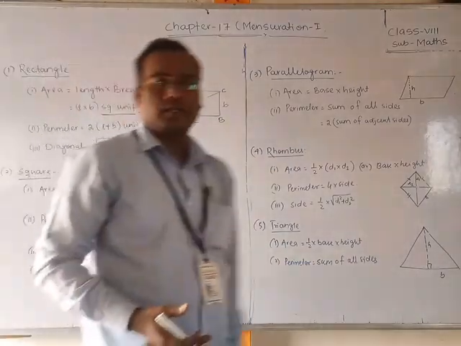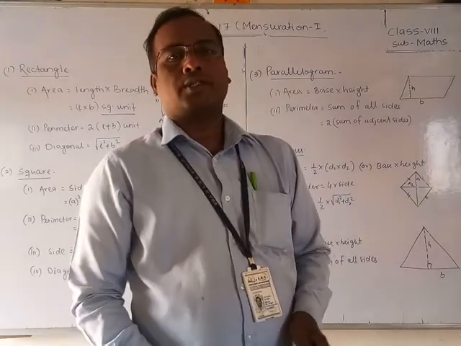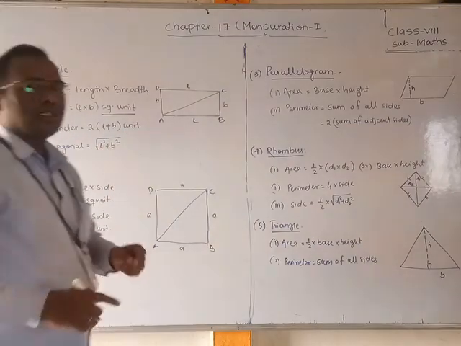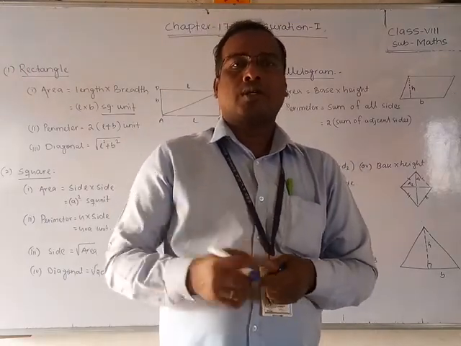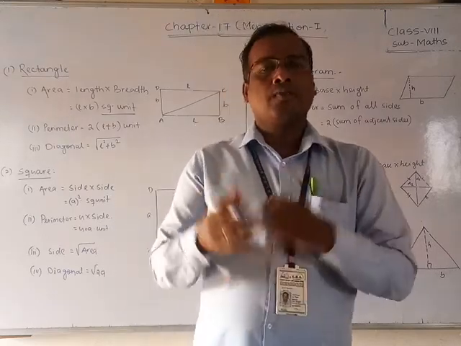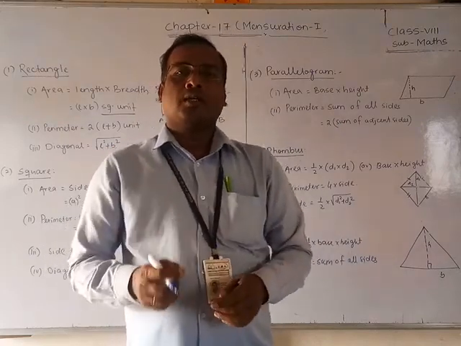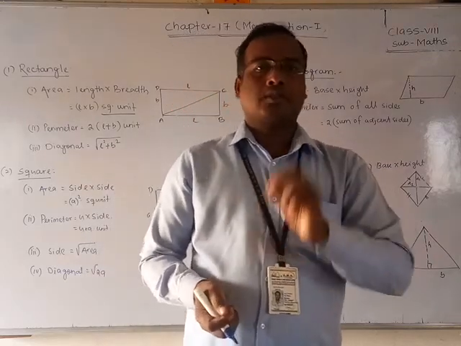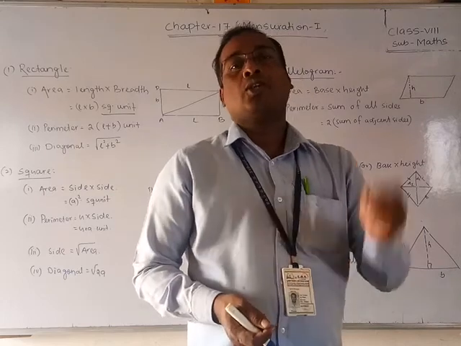Whenever you are finding the area of any region or field, you must write the square unit. You have to write it compulsorily, it's very important. Whenever you write the perimeter, the unit is a simple unit, because perimeter is a length measurement. For the perimeter of a rectangle, square or any 2D figure, you must write units, not square units, only simple units like centimeter, meter, kilometer. But whenever you write area, you have to write square units.